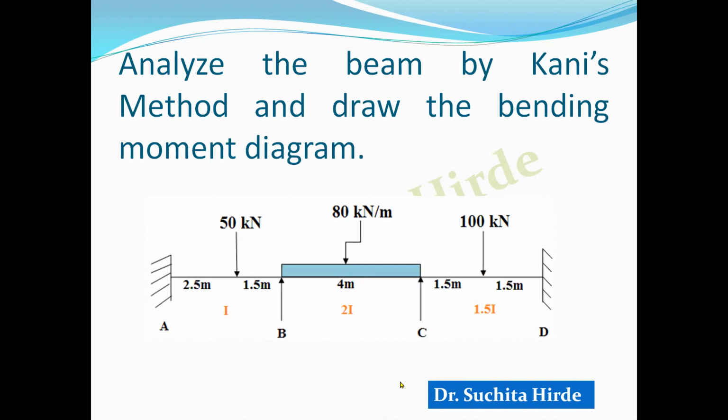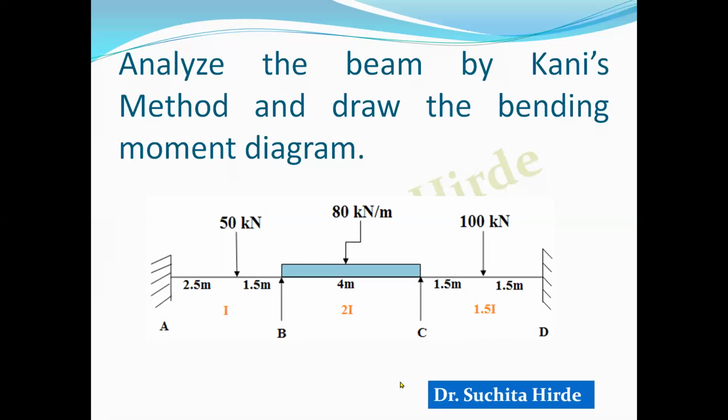So let us see what are the steps in solving continuous beam by Kani's method. So we have studied many displacement methods, that is slope deflection method or moment distribution method. So first step is to calculate the fixed end moment. How to calculate fixed end moment? I have already explained in my earlier videos on slope deflection method and moment distribution method. So we have some standard formula to calculate the fixed end moment due to external load. So first step in Kani's method is to calculate the fixed end moment.